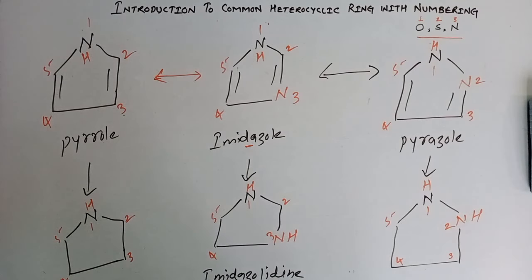These are all the 5-membered heterocyclic rings which generally occur in drug molecules, and all of you have to memorize, or I can say mug up, all these structures with their names, so that it can be very helpful for you to memorize the structure and synthesis of a particular drug molecule. So here the first lecture is complete.